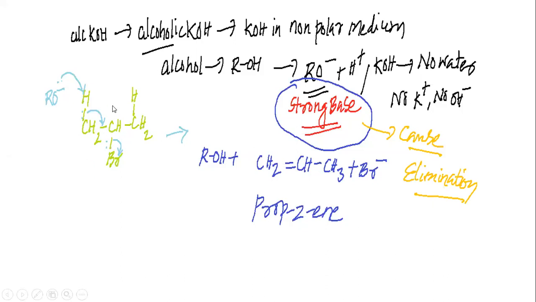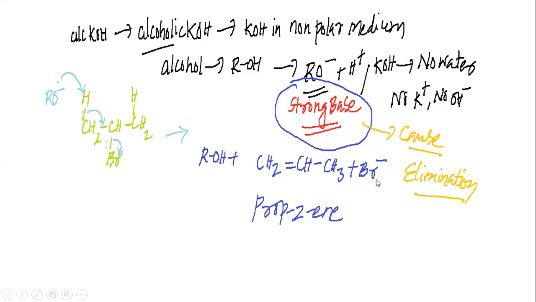So you can see here I have shown you the 2-bromopropane. This RO- comes and attacks the hydrogen of the 2-bromopropane terminal carbon. The electron from the C-H bond goes for the double bond, and the bromine attached to the carbon moves away by taking the 2 electrons as Br-. Therefore, the product that we get is ROH, CH2=CH-CH3, which is propene,